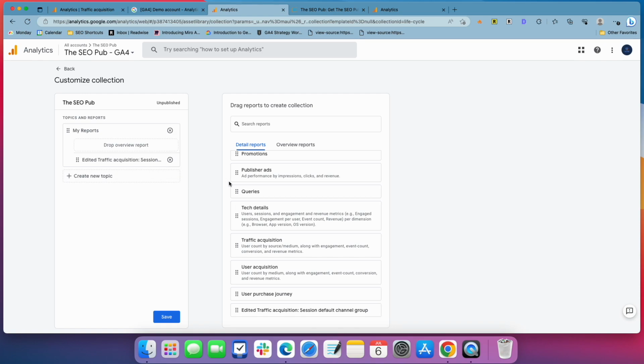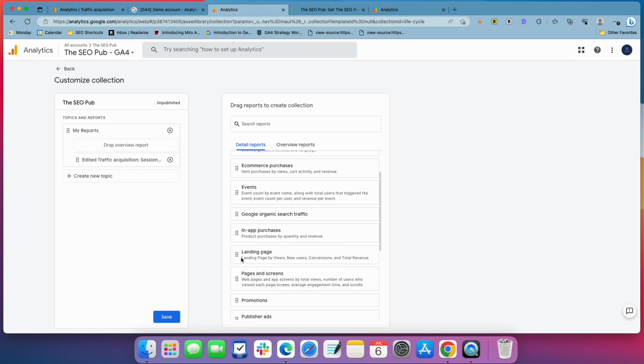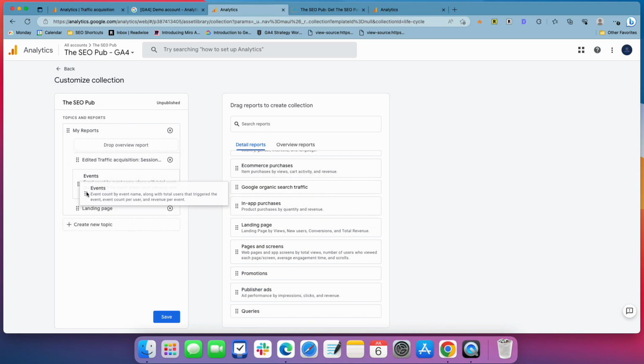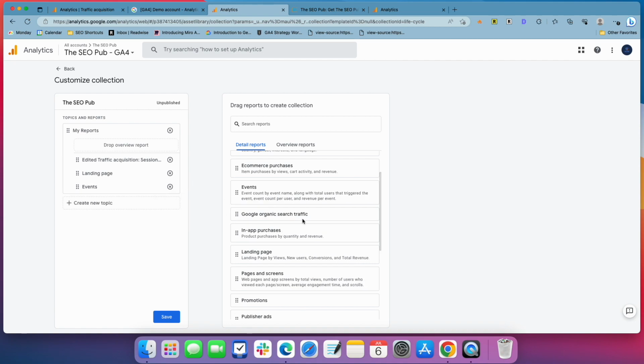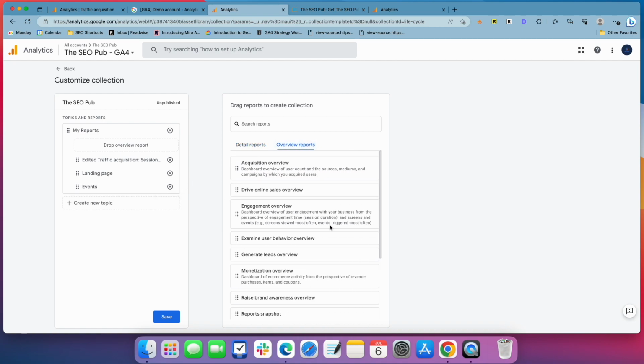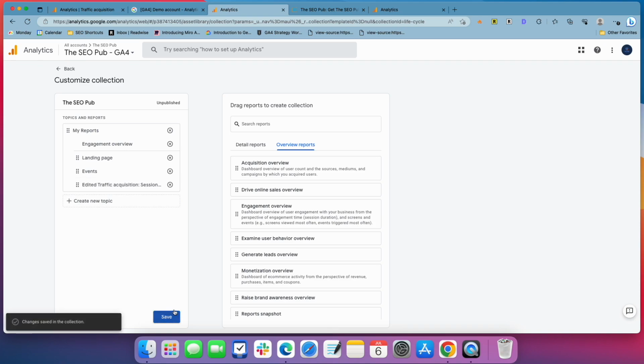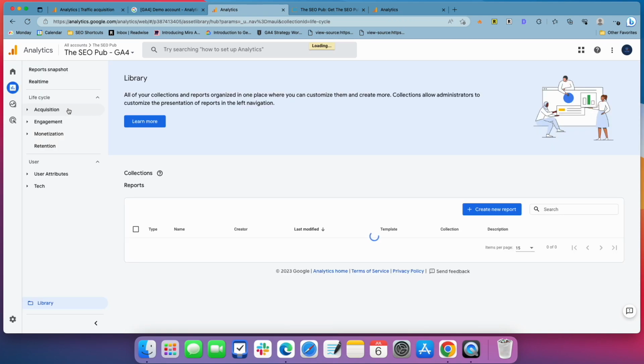And I could add other reports into this. Maybe I like the landing page report, and I like the events report. I'll throw that in there. And maybe the acquisition, or actually we'll do the engagement overview report. So whatever reports that you like, you can put in here, and you can order them however you want. Hit the save button, go back,